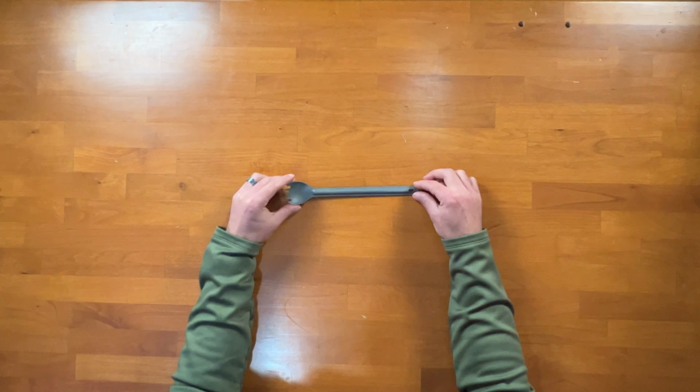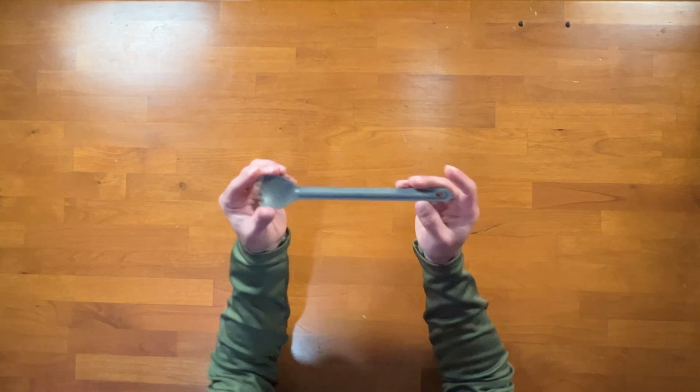These items are going to range in different price ranges, so depending on your budget, we can find the right gift for the backpacker or hiker in your life. Let's get started. So the first gift idea that I would recommend, that I really enjoy, is the Sea to